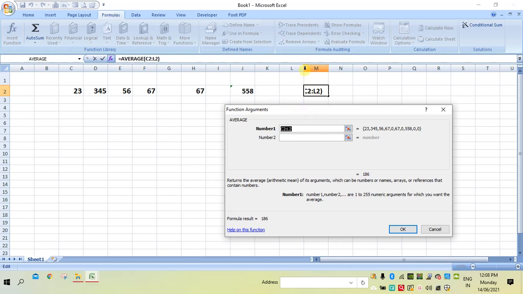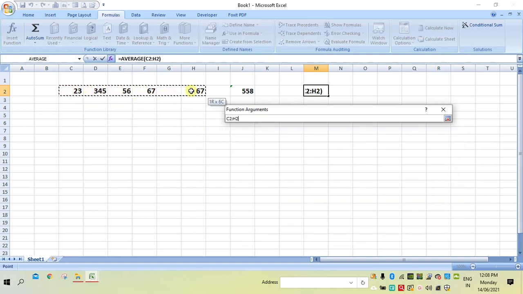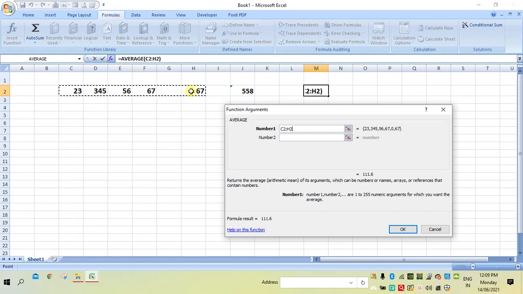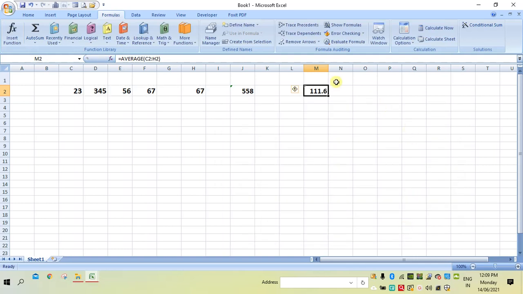So instead of taking L2, I will once again select the range. This is the new range. After that you simply have to say OK. This is how I can use any function without remembering its syntax.